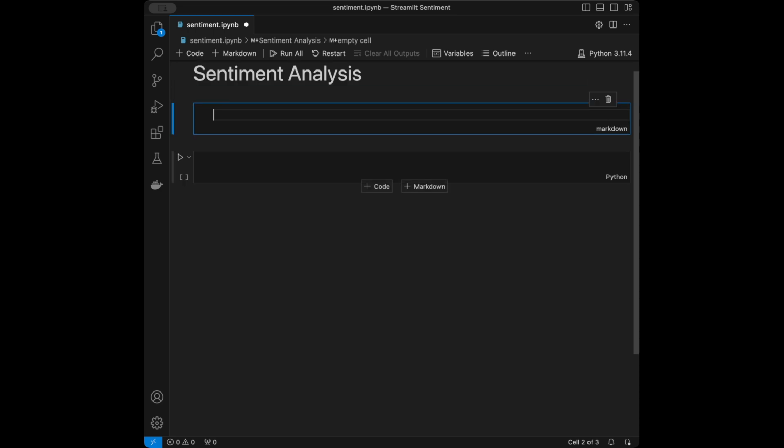Sentiment analysis is a technique in NLP used to determine the emotional tone behind a body of text. It classifies text into predefined sentiment categories such as positive, negative, or neutral. This technique is commonly used to analyze opinions, reviews, social media posts, and more to understand the overall sentiment expressed